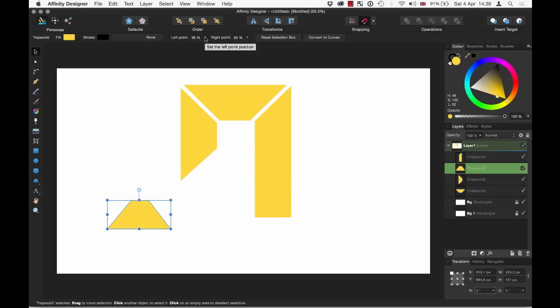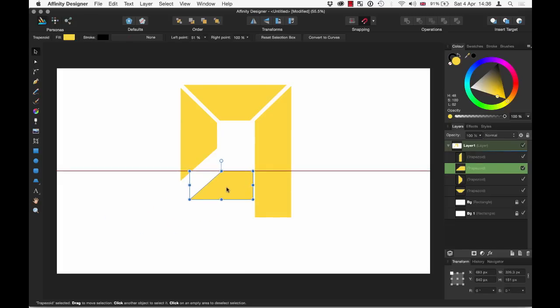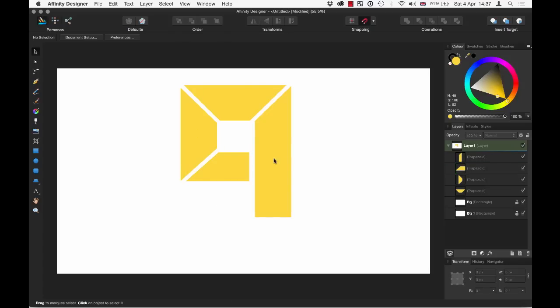And again, come to the left point. If you're following along, the left point on this one is 51. So let's dial that up a bit. 49, 50, 51. And the right one on this one is, again, 100. And let's just line this up. So you can see we're starting to kind of build the line here, and there's just one more missing piece